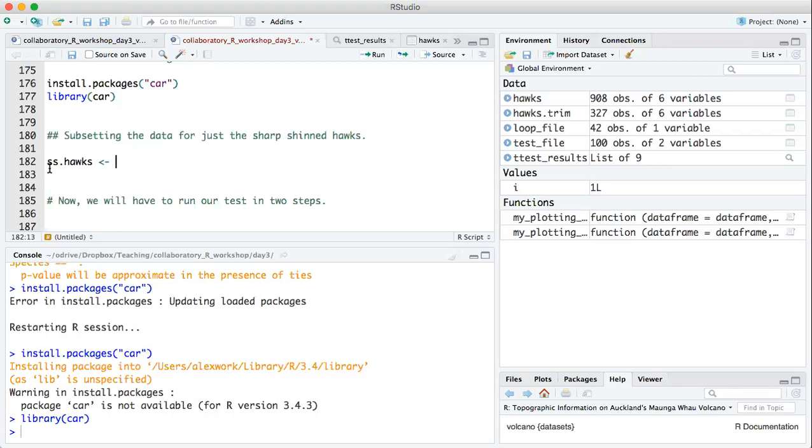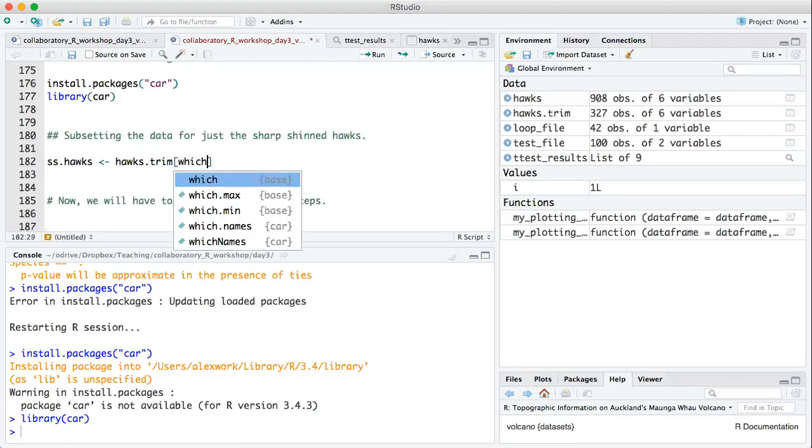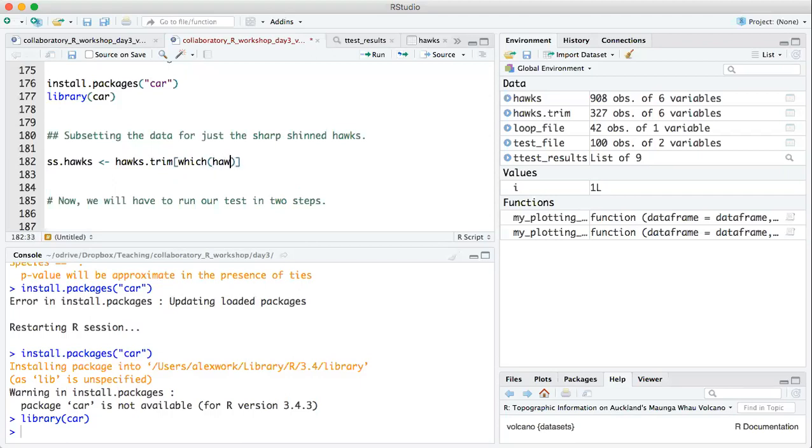I'm going to assign a new variable ss.hawks, and I'm working from the hawks.trim data set. That's the one I'm going to index. And I want to grab all of the species of hawks that are sharp-shinned. So I'm using the which function. Inside the which function, I type hawks$species